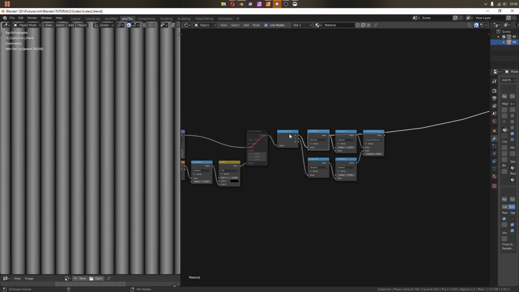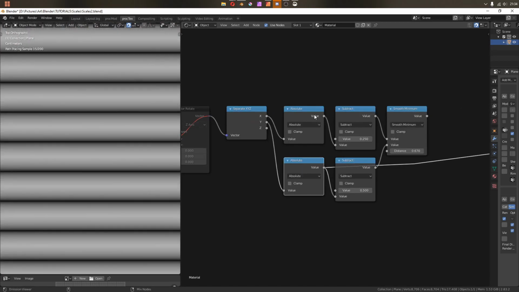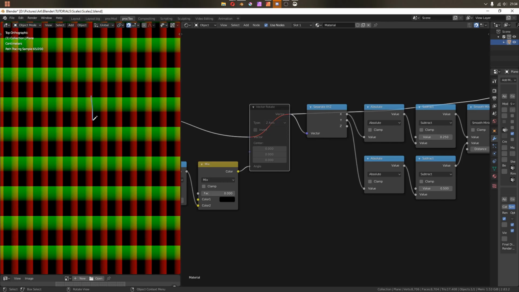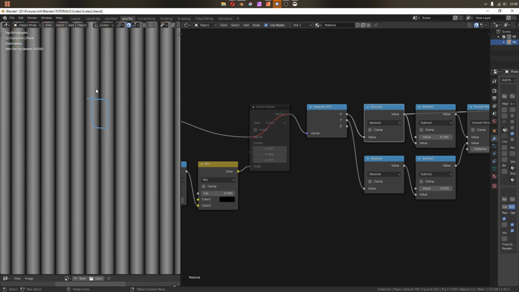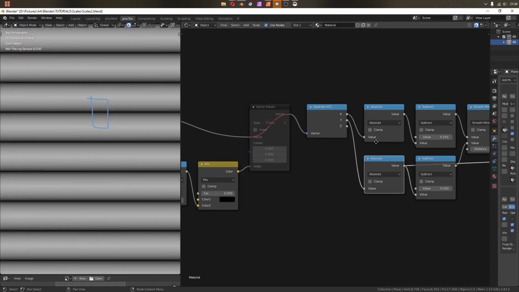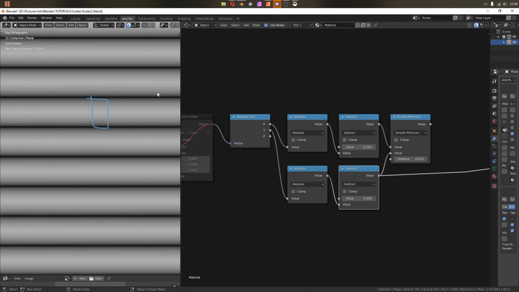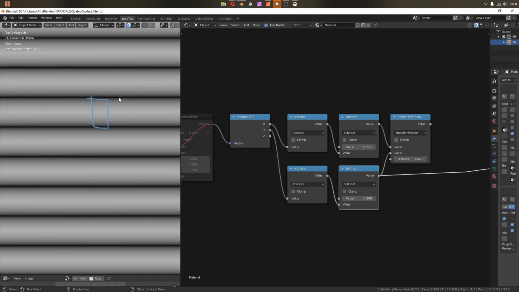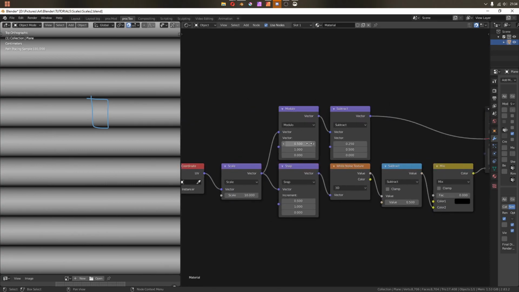And in this one, instead of it being a ping pong, we're taking absolutes. So if I just draw out a tile here, you can see it. We've got a line down the center in the X and the Y axes. And then we are basically inverting that. So we've got the subtract. If this wasn't tiled, or if the tiles were bigger, then you'd be able to see that this was,